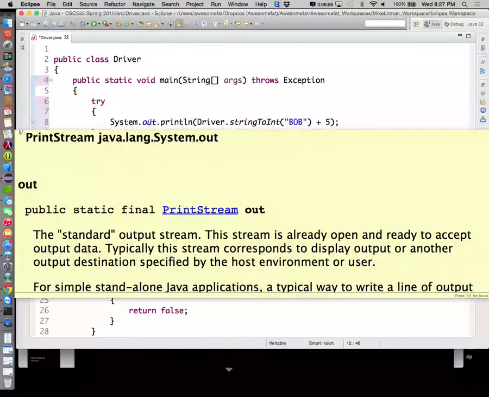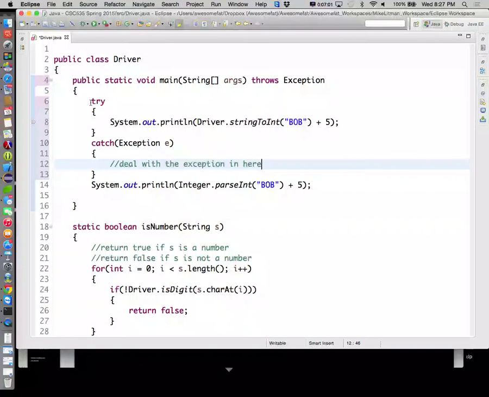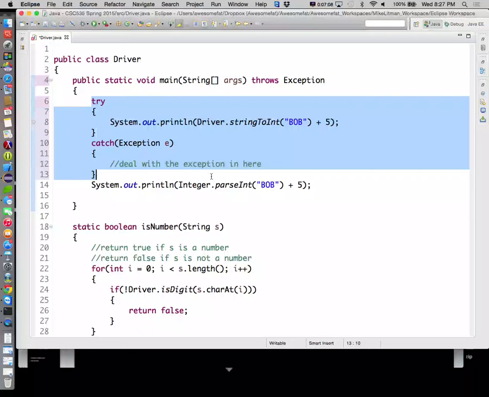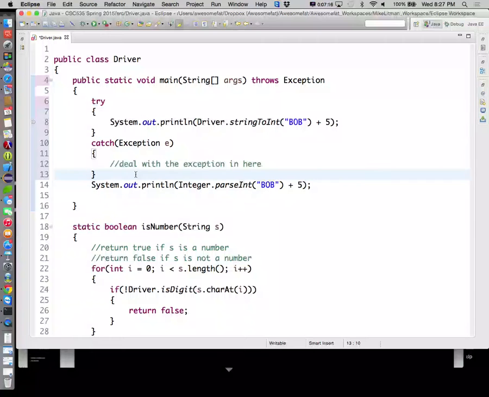Or I can take the lazy approach and just say, I'm not going to do anything special in dealing with this exception. If a number format exception happens here, it's bad news bears. Okay? We can't do anything about it right now. So if I don't intend to actually deal with it, do anything real here, I would be better off